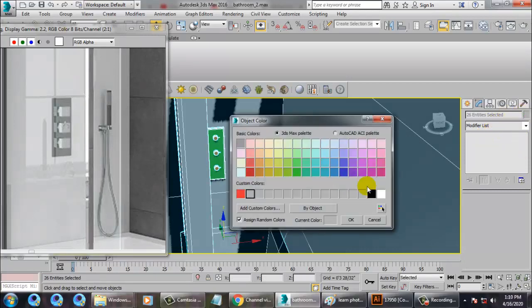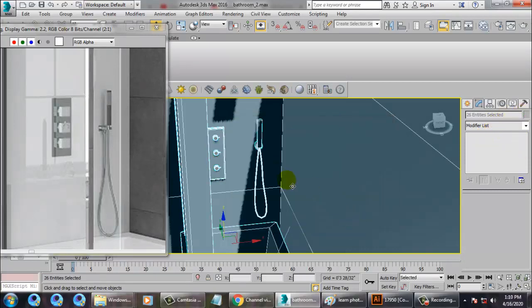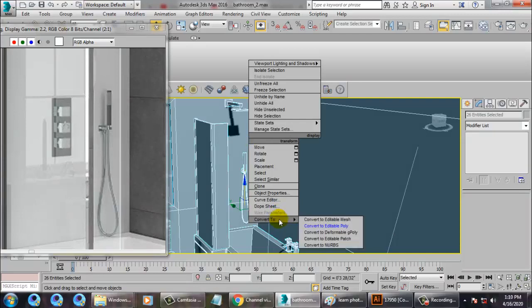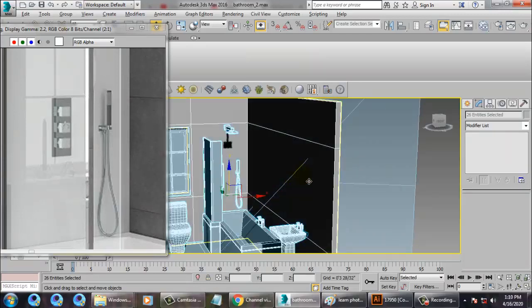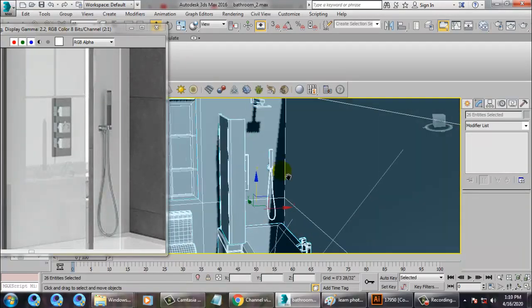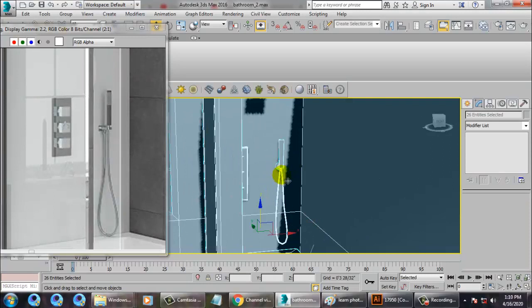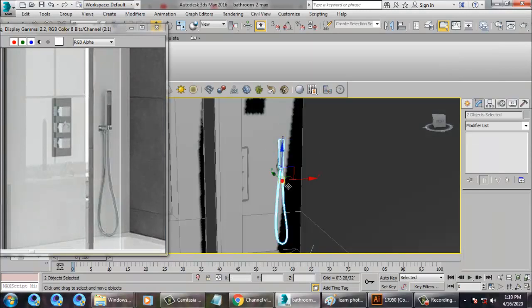Okay, so let's give a color to it, convert to poly over here. Can just scale a bit if it is required.